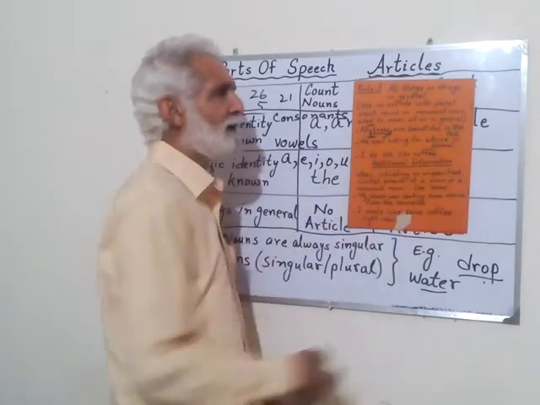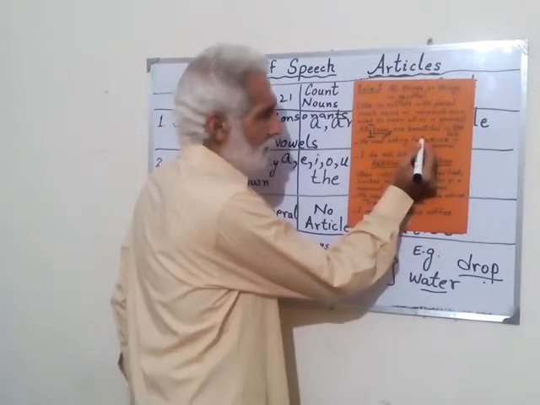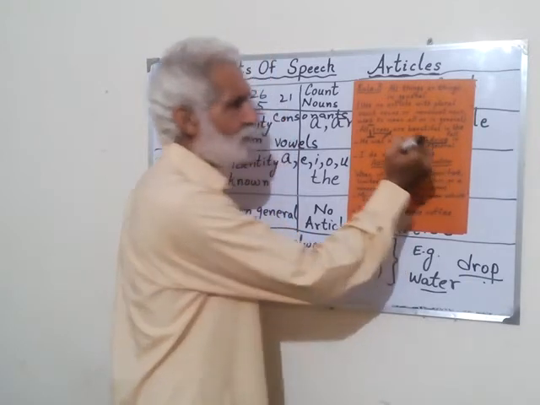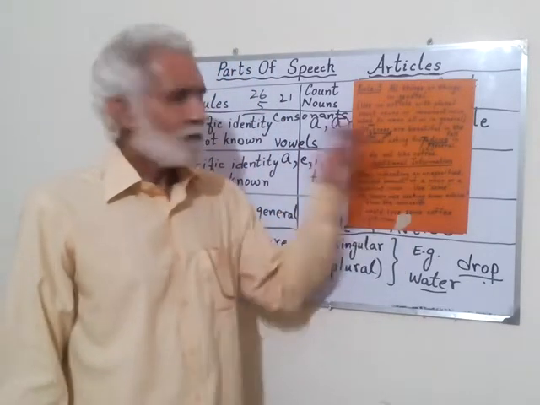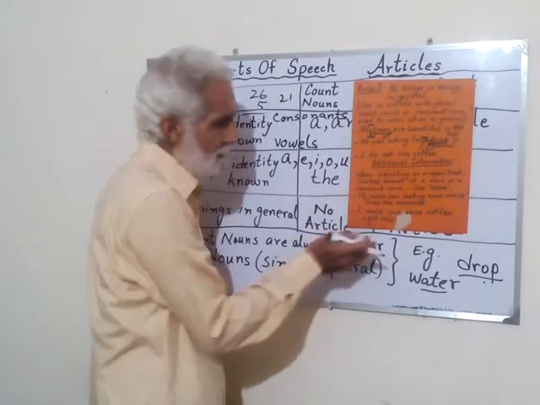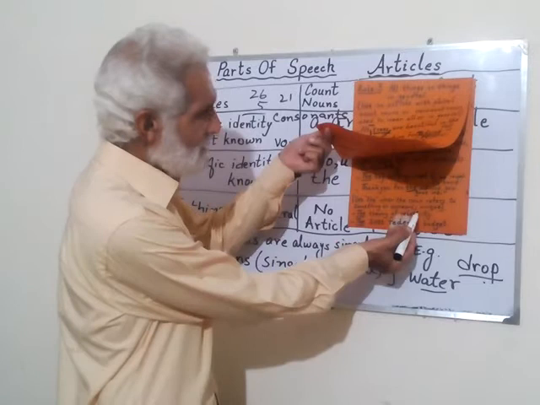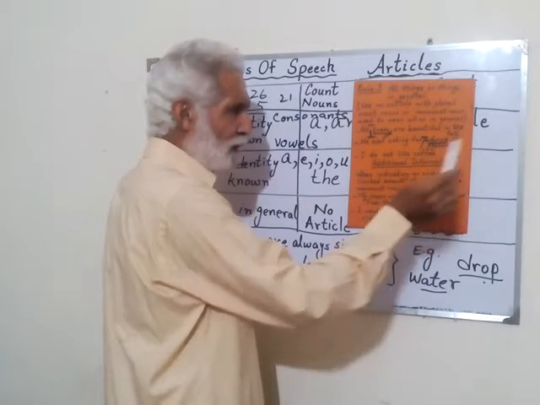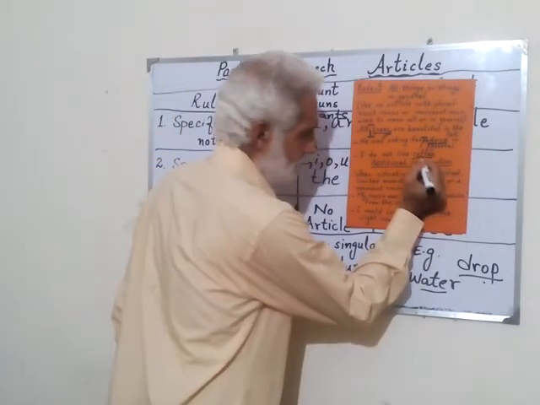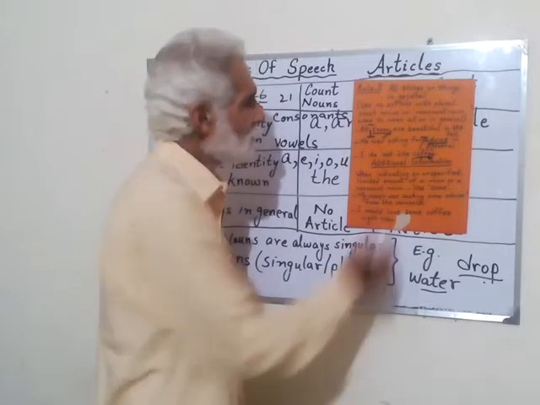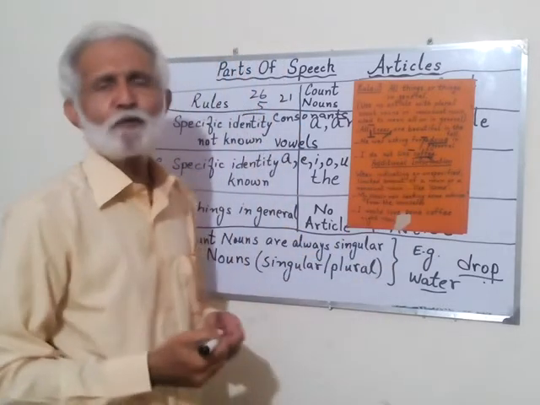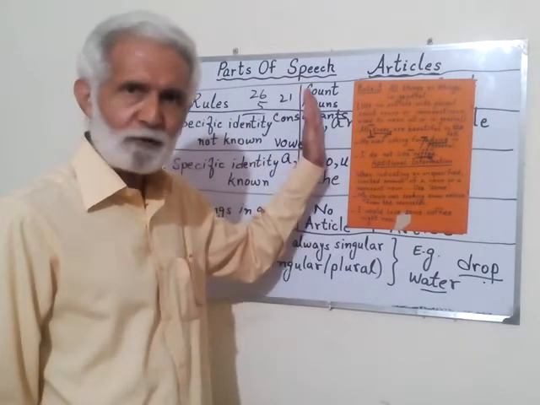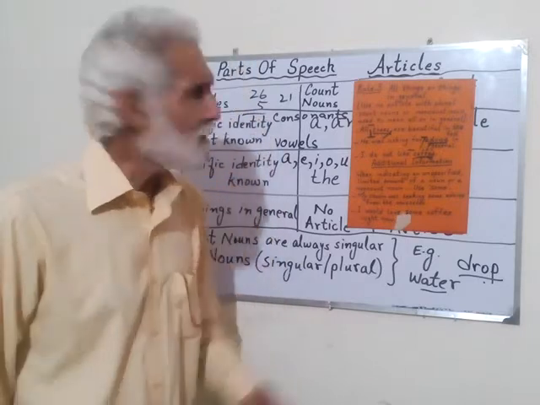"He was asking for advice in general." If the teacher gives a blank over here, because this is a noun, here also we will not use any article. So it is general advice. Then earlier, the advice was given to me, which was specific. This is in general. "I do not like coffee." The noun "coffee" is in general. So if the teacher gives a blank over here, then we will not use any article, because rule number 3 says no article before count nouns and no article before non-count nouns in general.